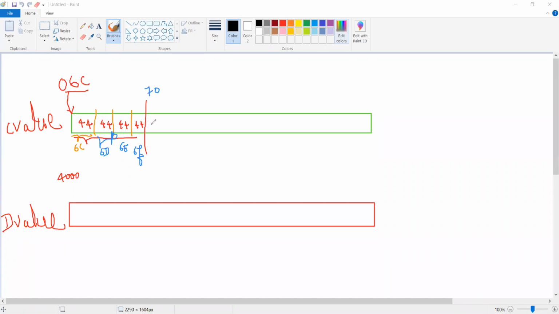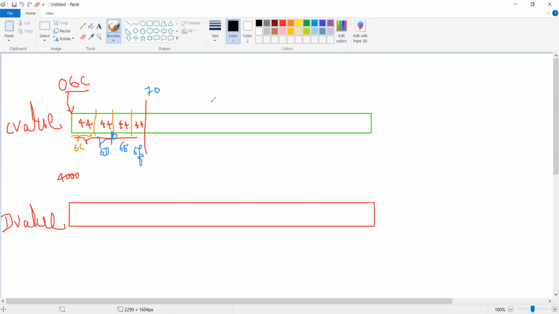Let me assume a number. I will use the same explanation as the array of the problem I am going to use in the program. Four one three two, that's 4132.